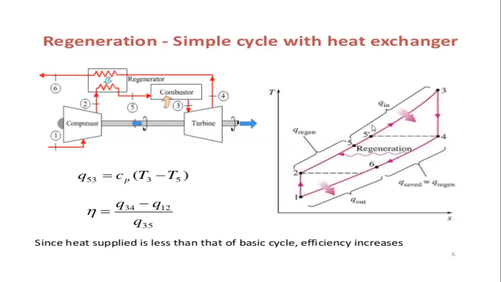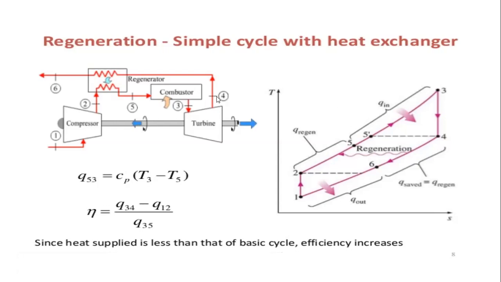What happens next is, after the combustion chamber, the flue gases reach the gas turbine and are expanded in the gas turbine. In the gas turbine, the expansion is again isentropic. So 3 to 4 is isentropic, and this isentropic expansion leads to a drop in the temperature from T3 to T4, with the entropy remaining constant.